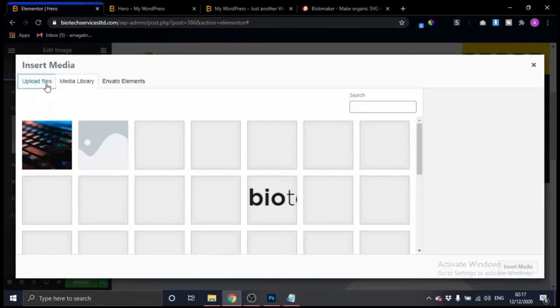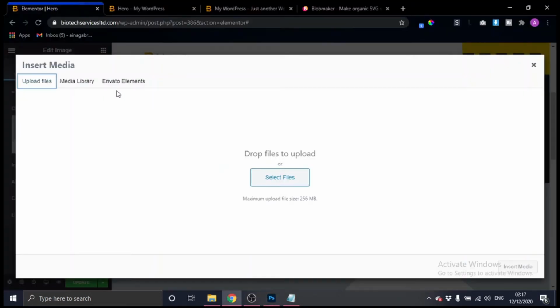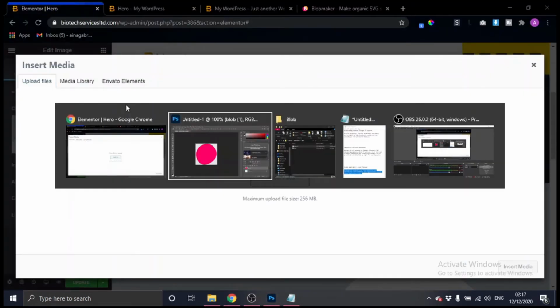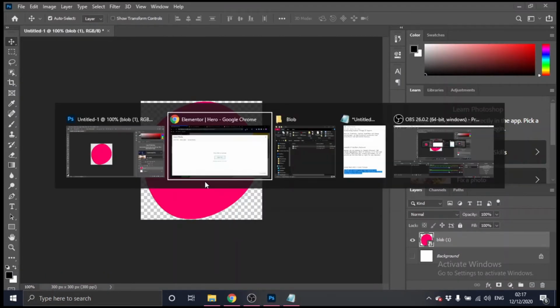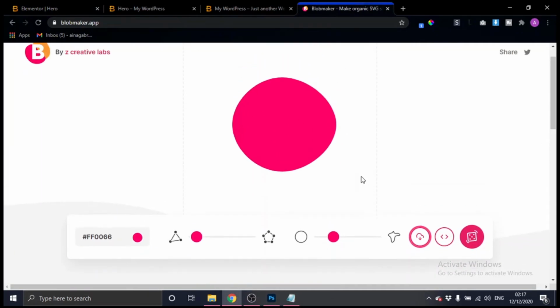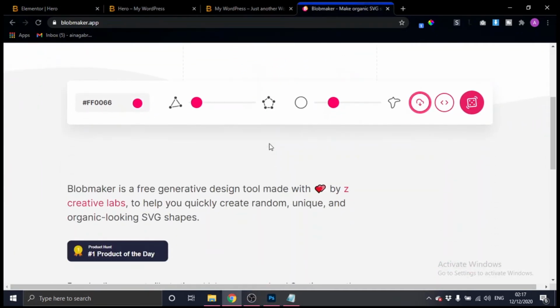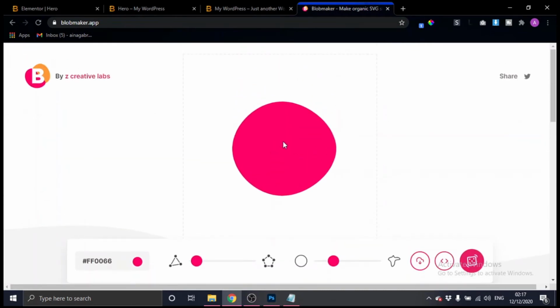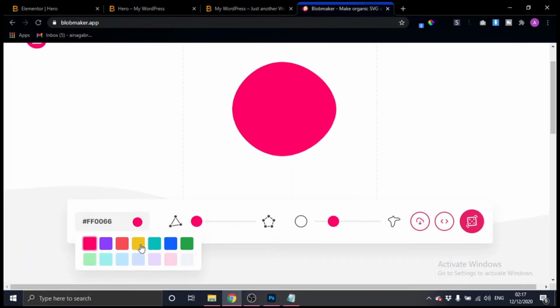Then I want to upload this blob I just created. As you can see, the color is pink, but you can make it any color you want. Like right here, you can just select your own color instead of making use of this exact color. You can choose to edit your own color, and this is where you do that. You just type in your own color code. If I'm to use, for instance, the exact color I used, I'll just come right here and say FFD500, and you can see that is my exact color.